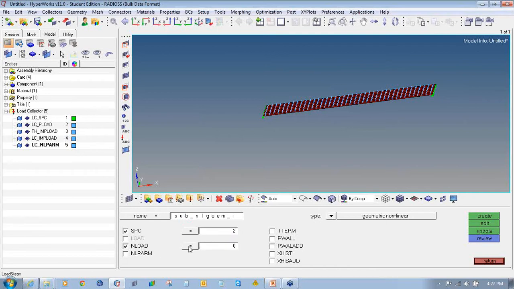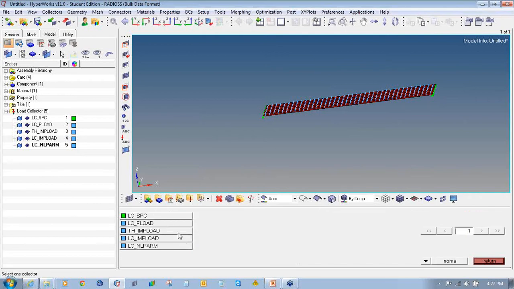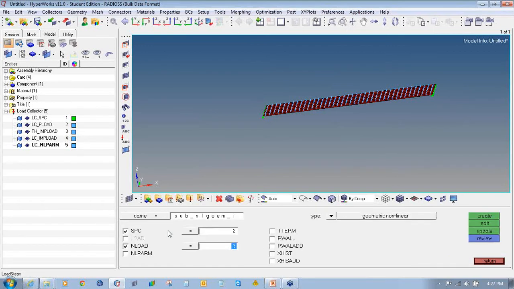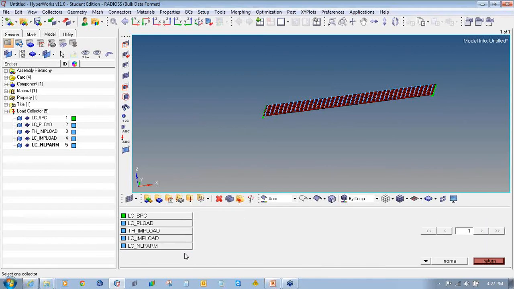Check the box in front of N load and select LC IMP load. Check the box in front of NL param and select LC NL param.